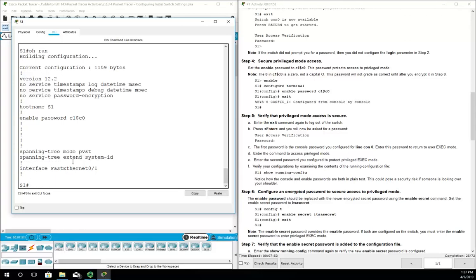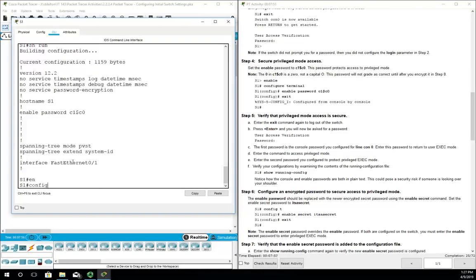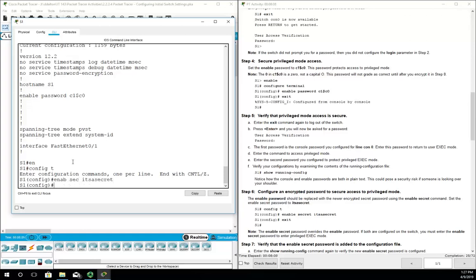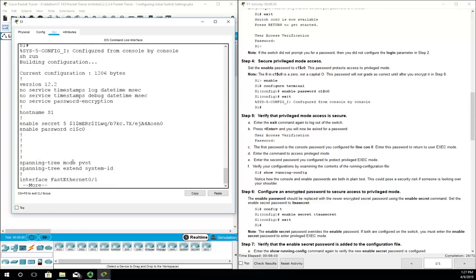So I want to store this in an encrypted format. So it's going to be config T. I was already in privileged exec mode. And for this one, it's enable secret, and we're going to use a password. It's a secret. All right, now when I do a show run, I'm going to see my enable password, but